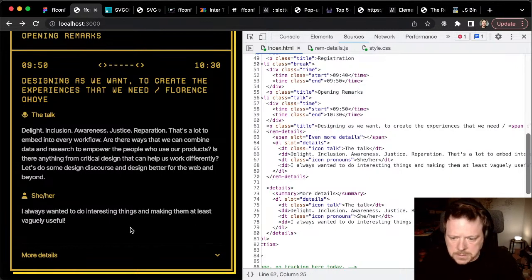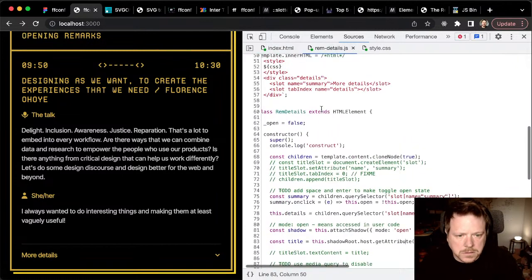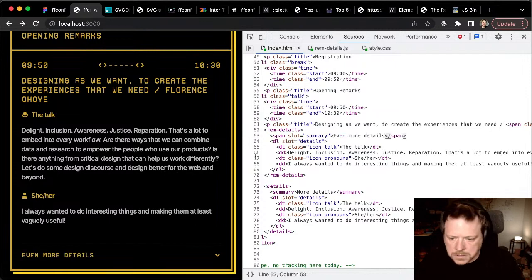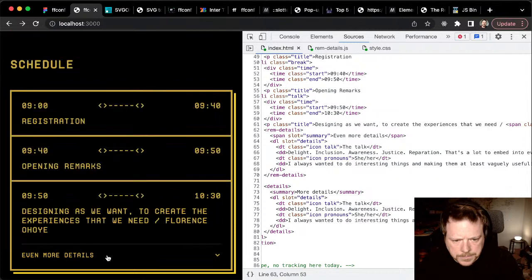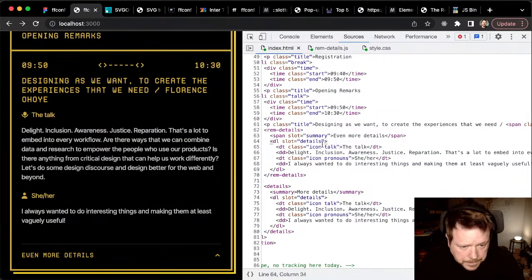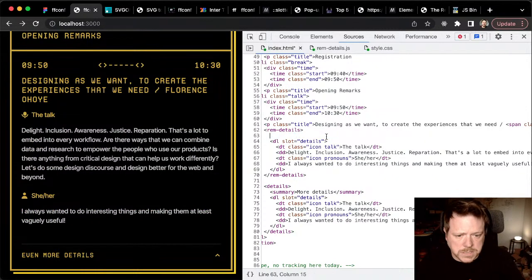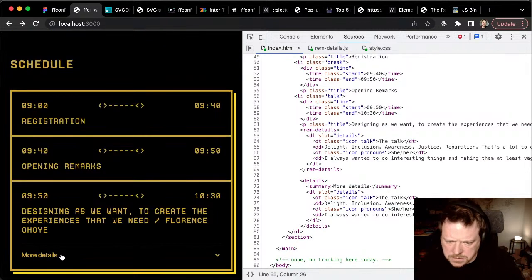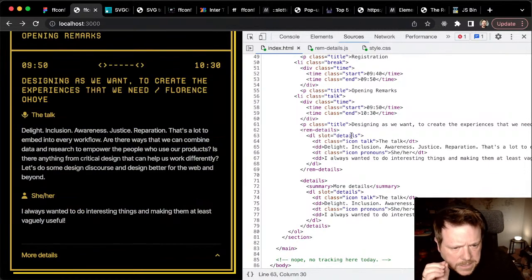And that absolutely did not work. Because I called the slot even more details. Plum. Okay. But I don't even want this in here anyway, because it's not supposed to be there. It's funny how it's styled. Anyway, right, so it's going to be closed by default. So I'm going to read